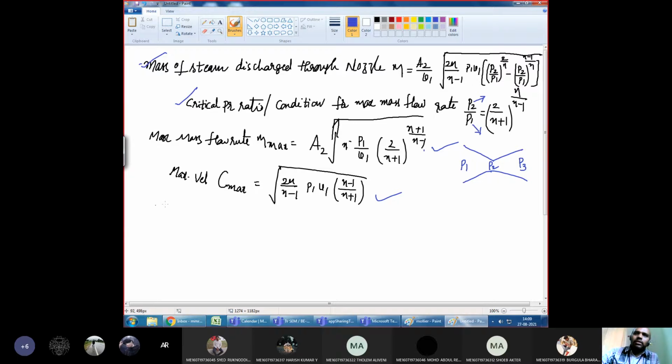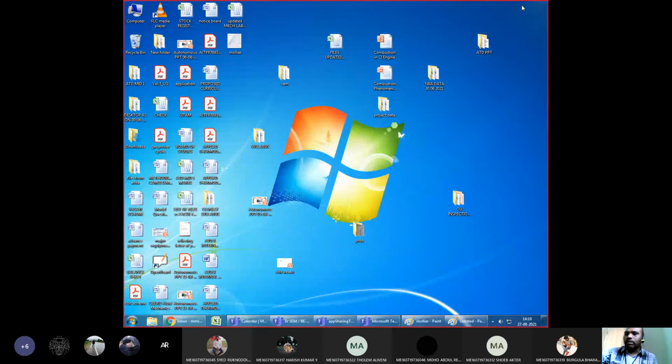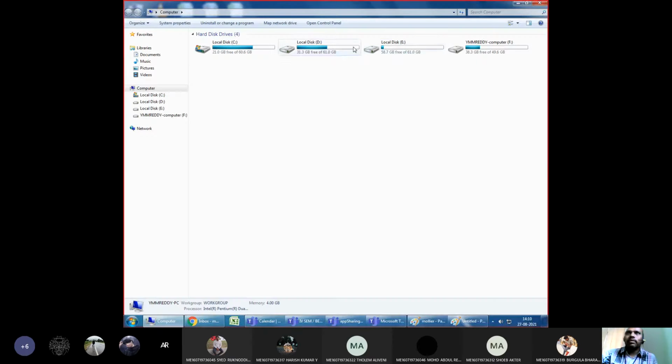Now, in today's class, we'll discuss the area, velocity and pressure relationship, a very important derivation. You will study this derivation again in the 6th semester in thermal turbo machines. This is the area, velocity and pressure relationship in a nozzle, for the flow of steam through a nozzle. So we will derive it. In order to understand this derivation, you should have the concept of fluid dynamics. Let me explain.